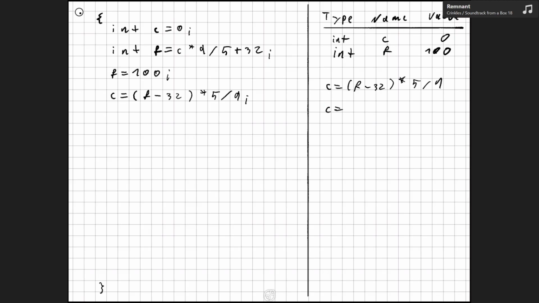So this is actually f minus 32. We look up f, 100. So this is 68 times 5 divided by 9. Now we have the assignment with the least precedence and just multiplication, division again, just like before. We start with the multiplication, so that's 68 times 5, 340, divided by 9. And next we have the division. 340 divided by